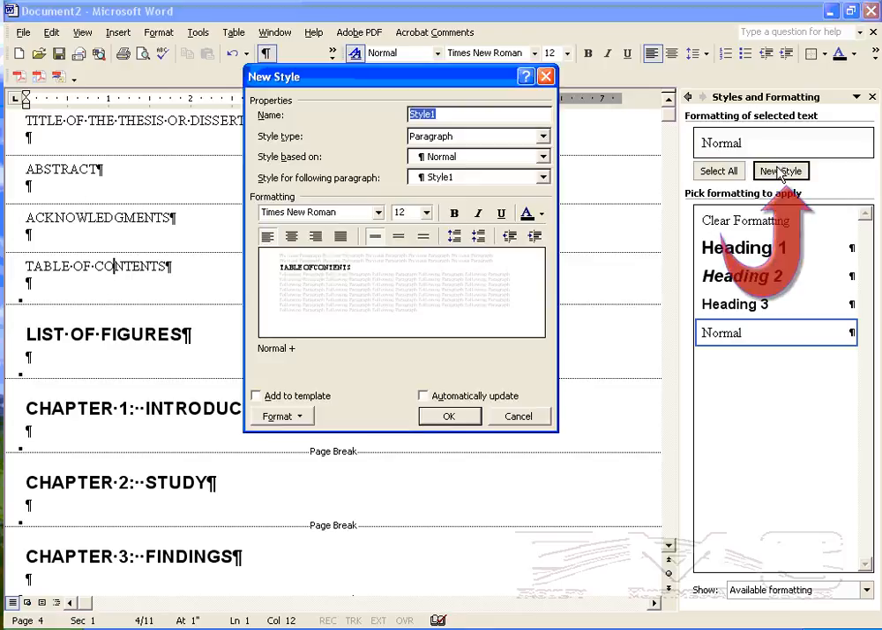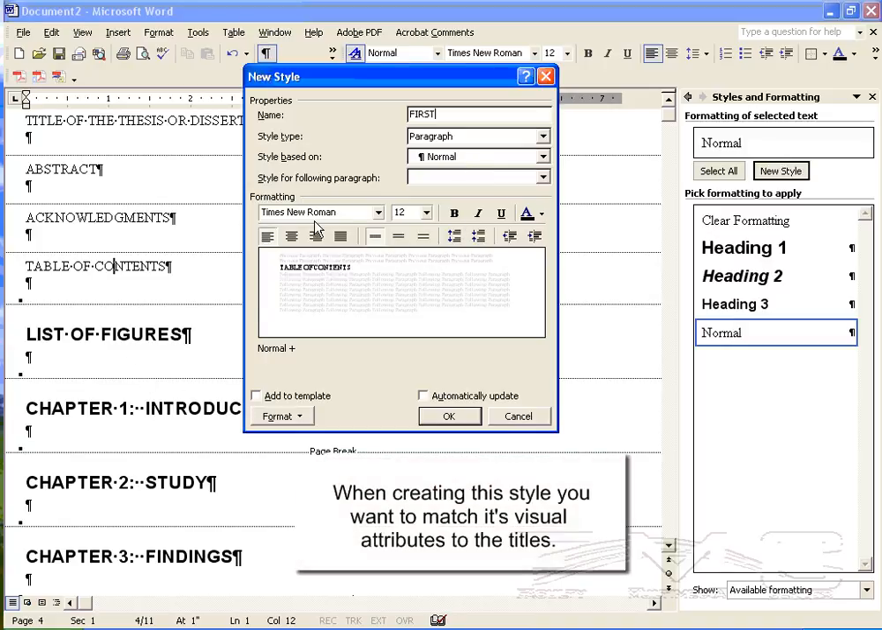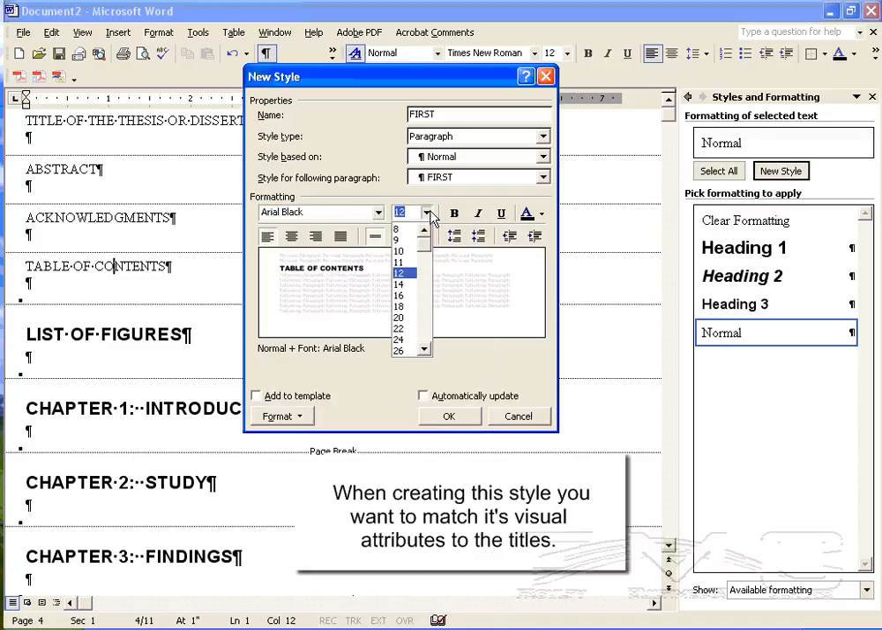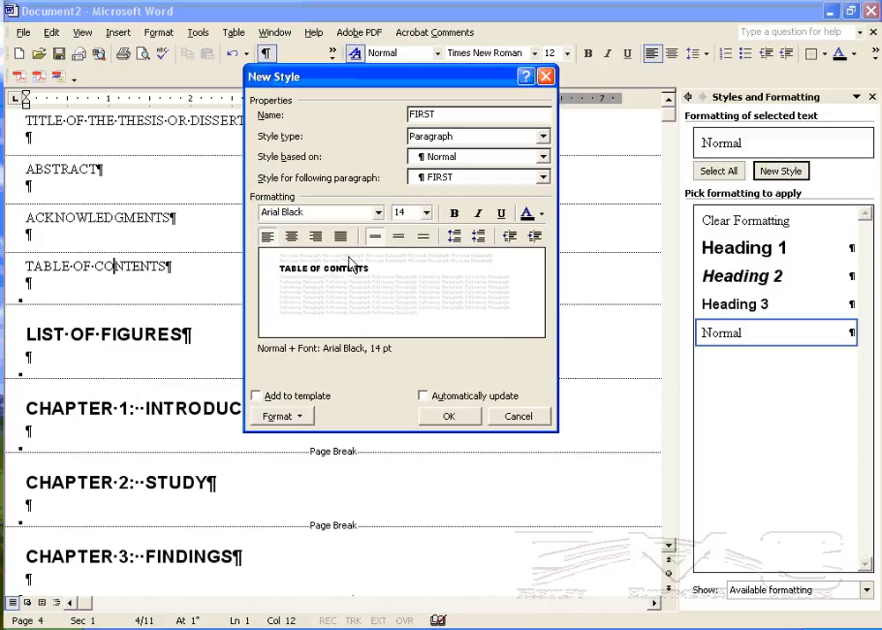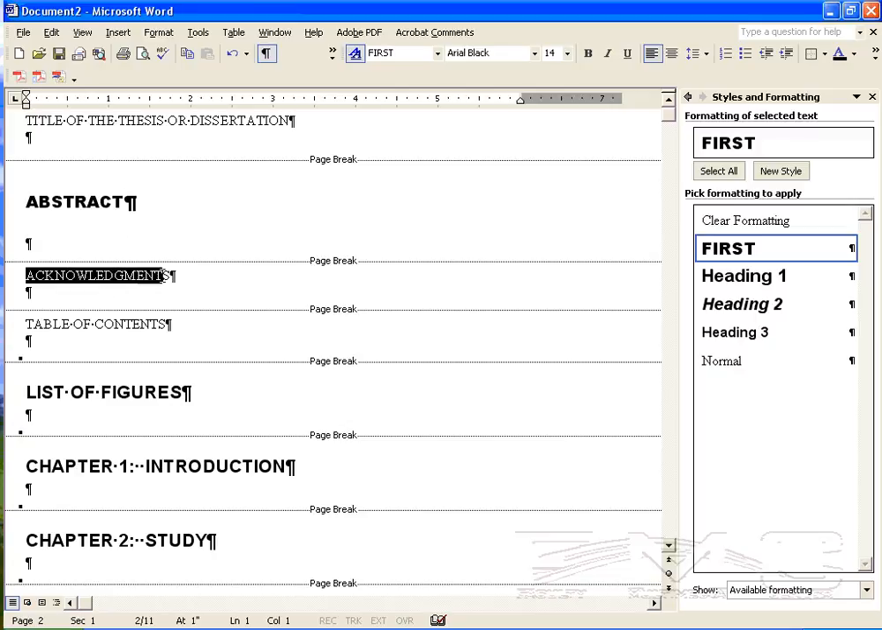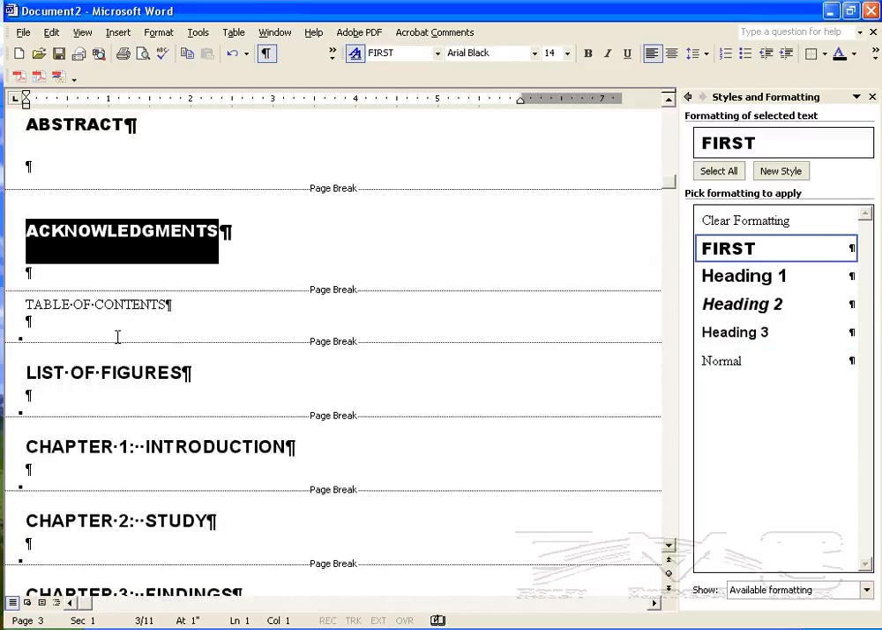Now, the way I do that is I click New Style, and I'm just going to call this first. I'm going to base it on normal, and it's pretty much going to match the other titles here. So I'm just going to make this Arial black. I think these others are 14 points, left-hand justified, and double spaced. And I'm going to click OK. And then I'm going to go in, highlight abstract, and apply it there. Acknowledgements